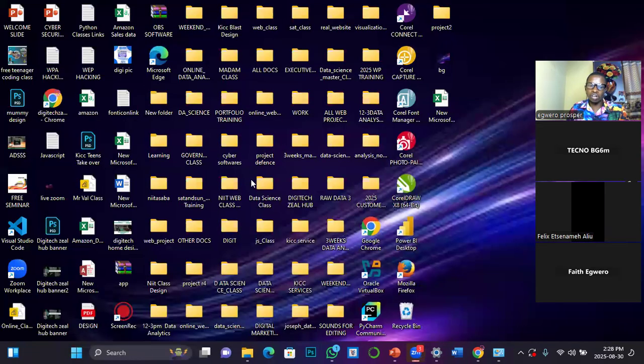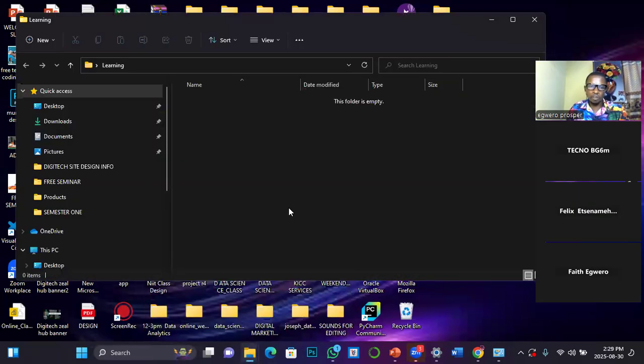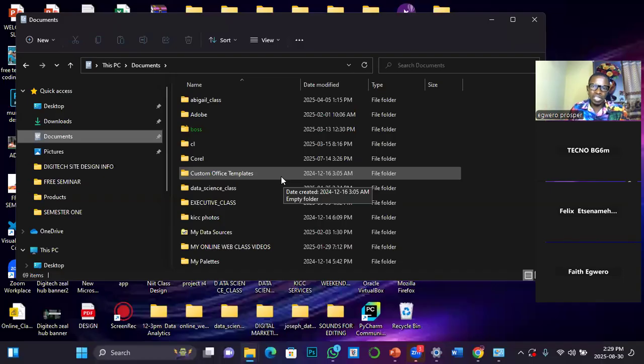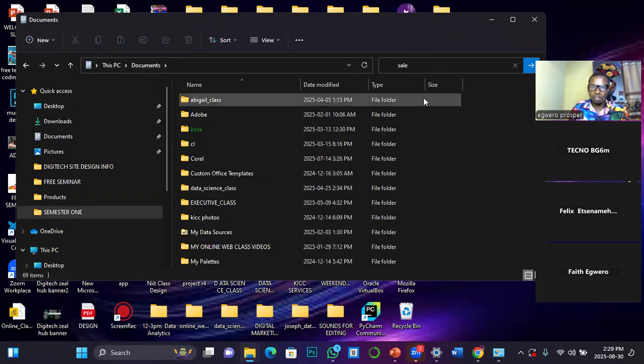The next time I try accessing it, I have to go to my Window Explorer. This folder, you always find it here. So from here, go to document where you save it, then locate the file. If you have the name of the file in mind, don't waste your time searching or scrolling down. Just type what says here. Use a keyword to search it out once you are in that particular word directory. So just type says, and then if it doesn't bring it out, then just search it.